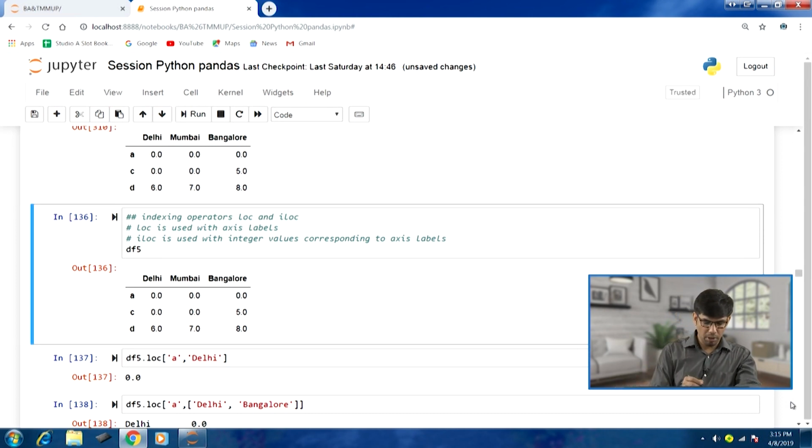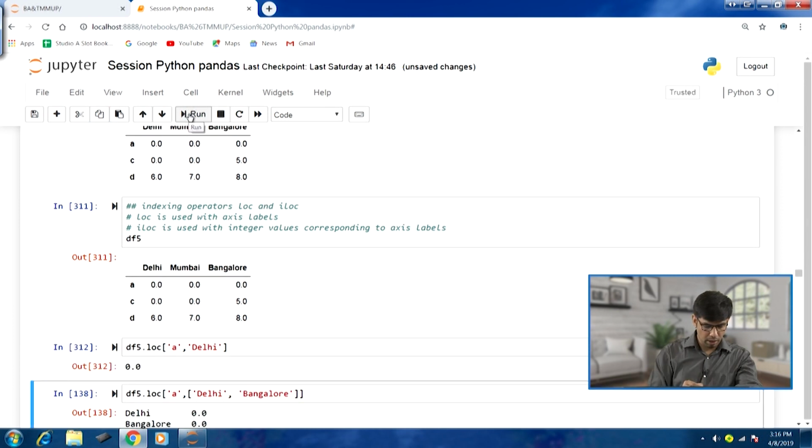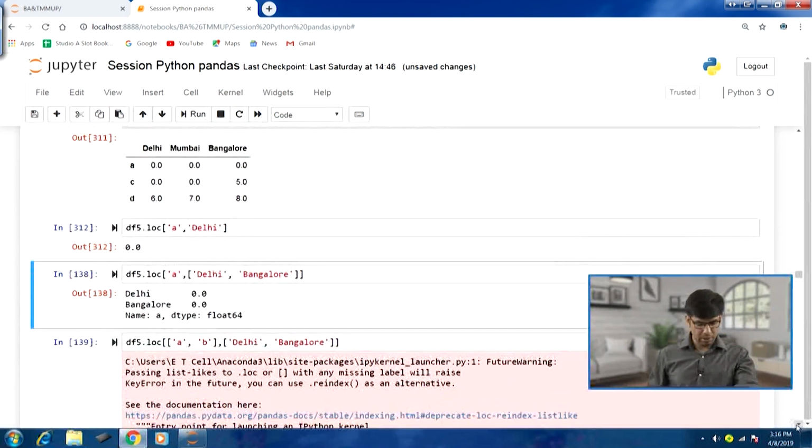So, let us take the example of this data frame DF5 once again, and you can see the syntax here. To use the operator LOC, we can pass it like DF5 dot LOC, just like an attribute, and within the brackets we can specify the row and column. You can see clearly row A and column Delhi we can specify. We used the LOC operator previously also in an example. Here you can see how we can access a particular element of a data frame. We can specify row and column index, and a particular element can be accessed in this fashion.